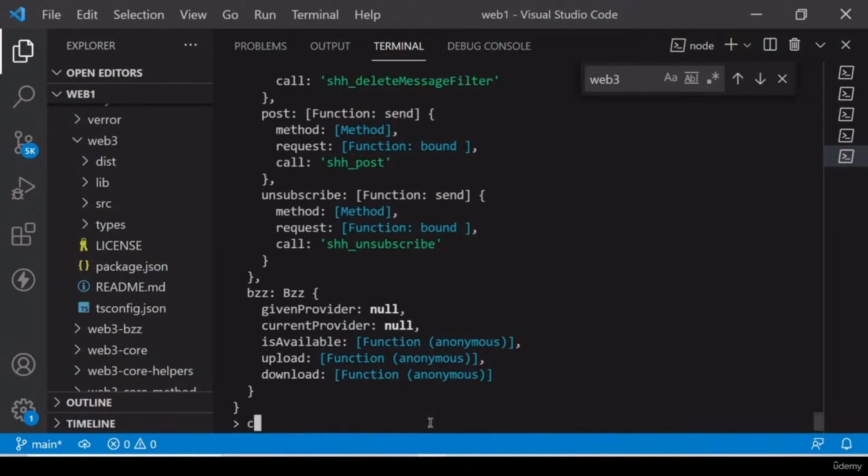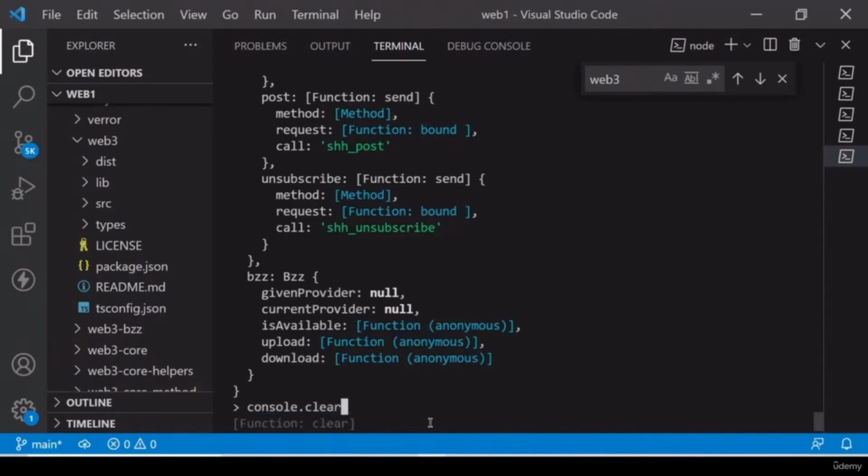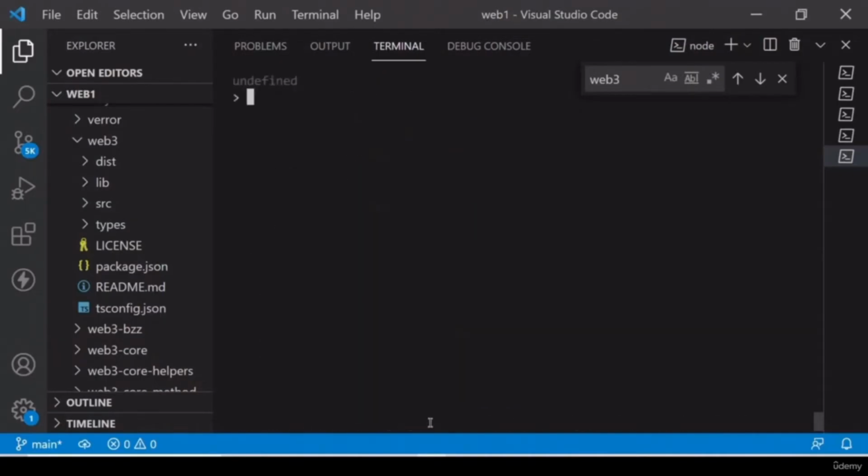Please remember, you don't have to do this step again and again. To clear the console, I will type here console.clear, and our console is clear now. We have got all the values in Web3. Now what we will do is check how we can check the balance of the account provided